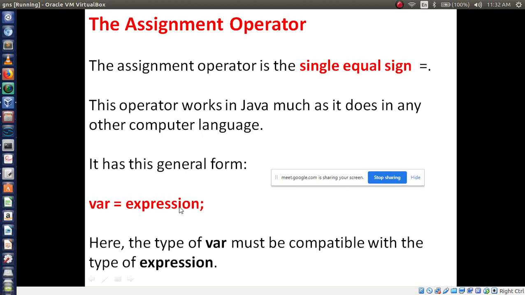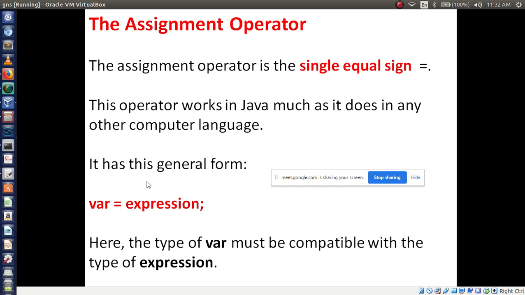Expression means you may assign a value or you may assign a plus b, a minus b. We can assign a value or expression to the variable.